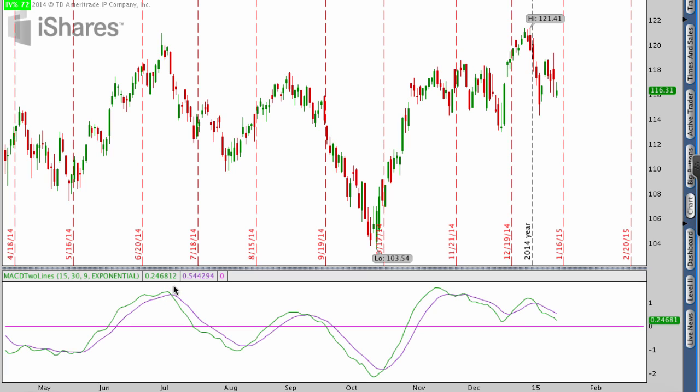Now, in our case, we are looking for specifically that cross in the moving average. So in this case, the one that I'm pointing to right now on the screen, this is the moving average that has now crossed under the purple line, and that gives us a very clear sell signal. So when we see that shorter term moving average, that green line, cross under or below the purple line, which is our longer term moving average, that means that short-term momentum is getting sucked out of the security relative to long-term momentum, and therefore we should be out of the security or at least be wary of